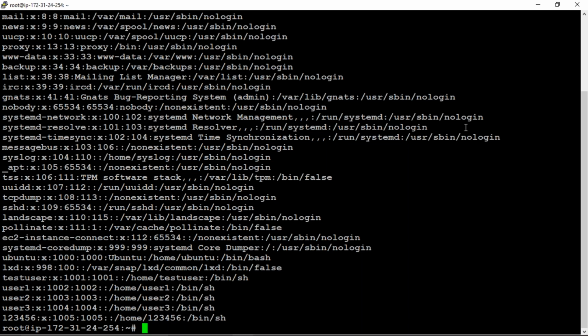Is it created or not? So why is it not created? What is the password I have given for my user? 1 2 3 4. Right? I'm just clearing the screen.